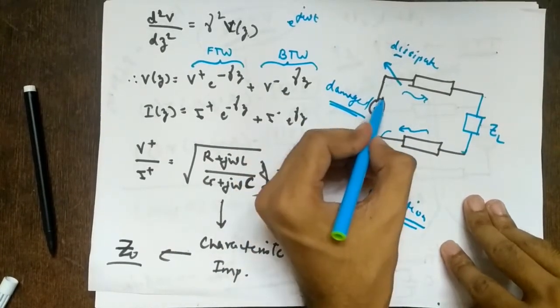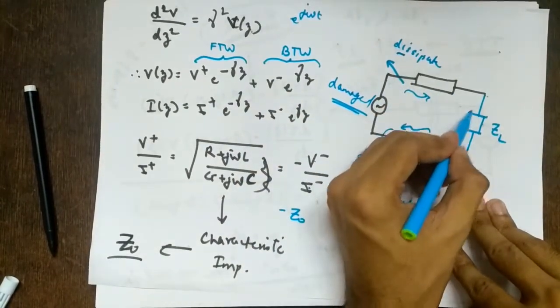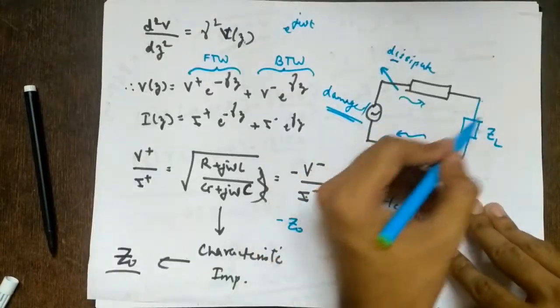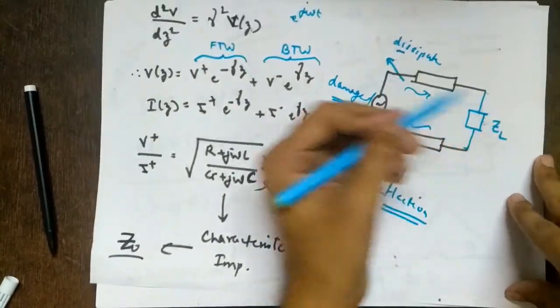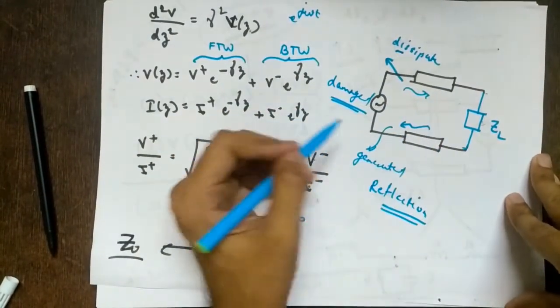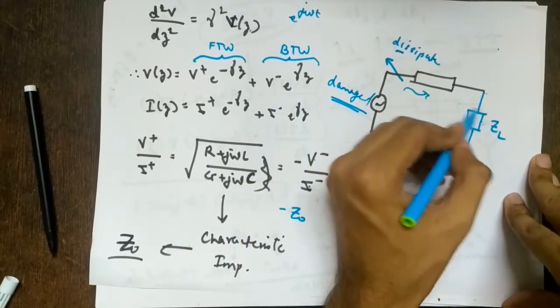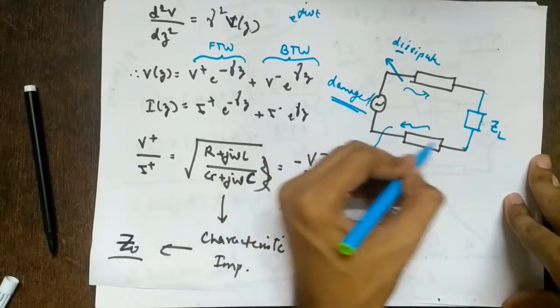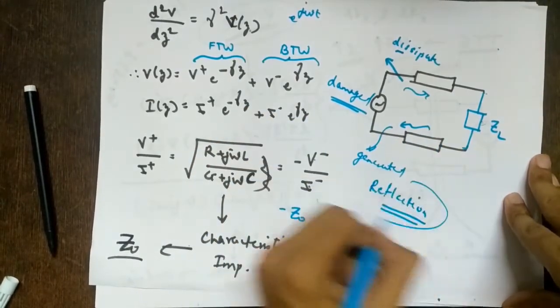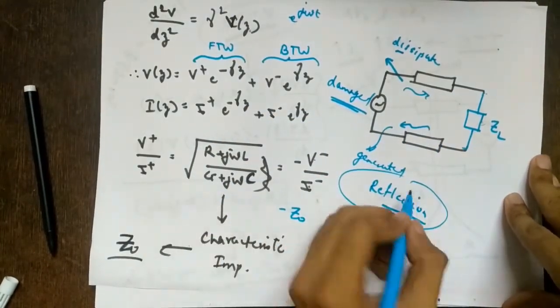Because what you actually desire is, if you send 5 watts of power, everything should be consumed by the load, all 5 watts. Nothing should come back. But what is happening? Some of the power is coming back. For example, if you give 5 watts, 3 watts is absorbed by the load, but 2 watts is getting reflected, right? So that is where reflection comes into the picture. Reflection is a very bad thing.